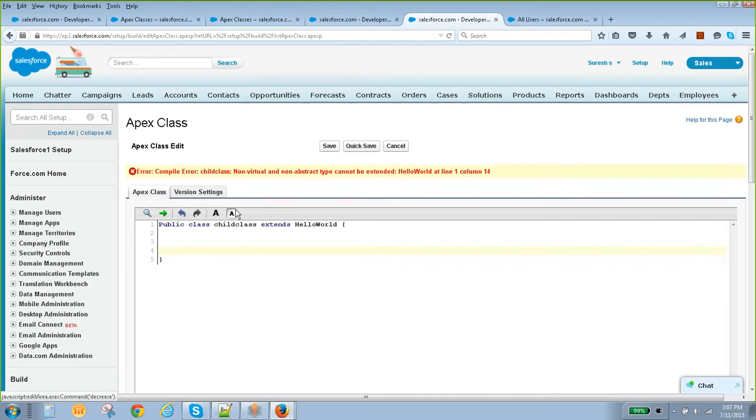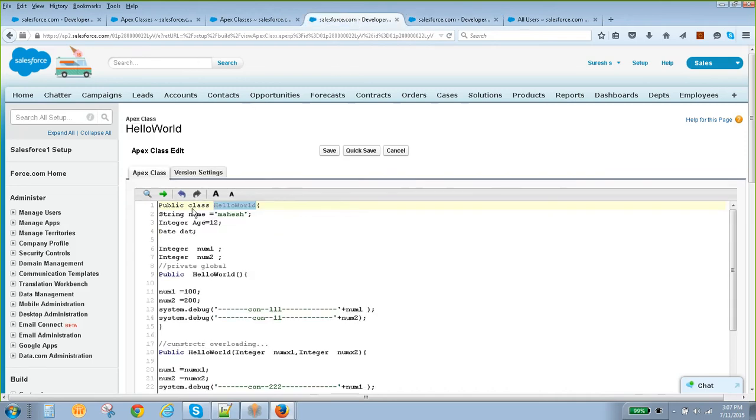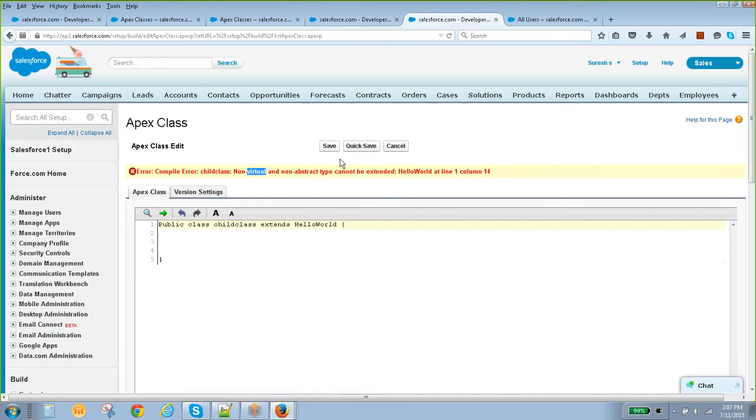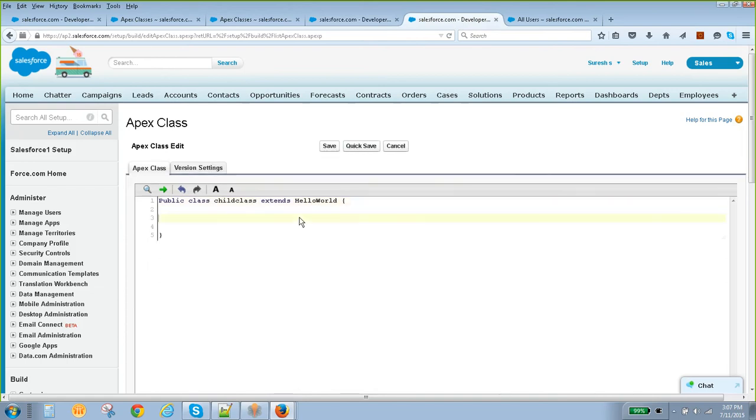Another important thing: if you want to inherit a particular class, in the parent class we have to use one keyword called virtual. Then only we can inherit. It is not like Java; they introduced this keyword called virtual.